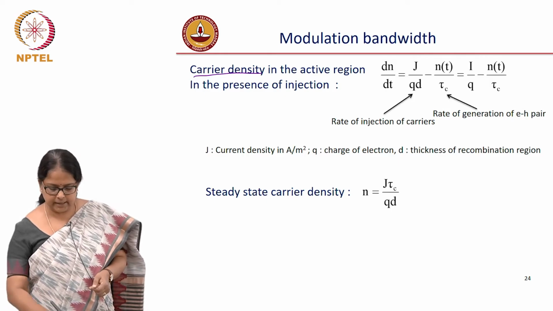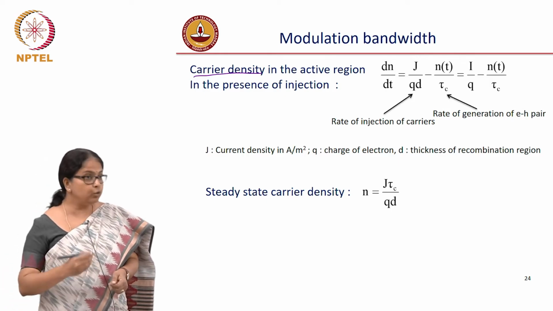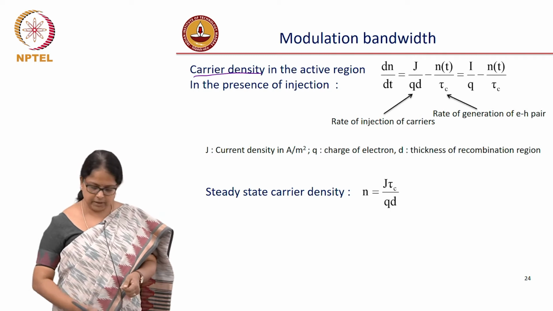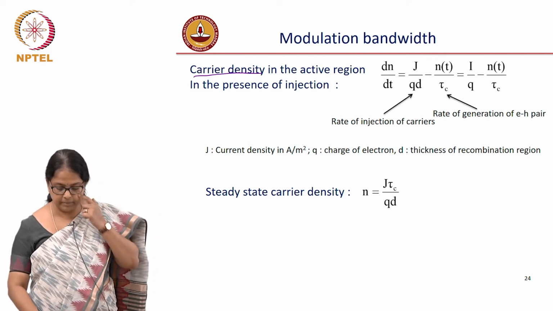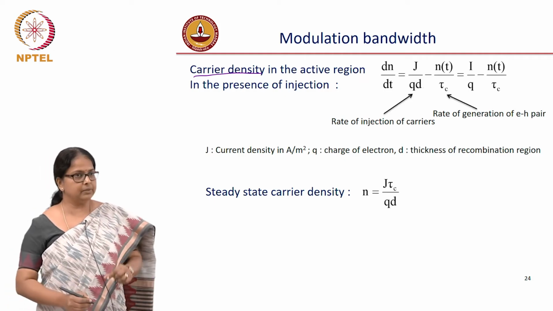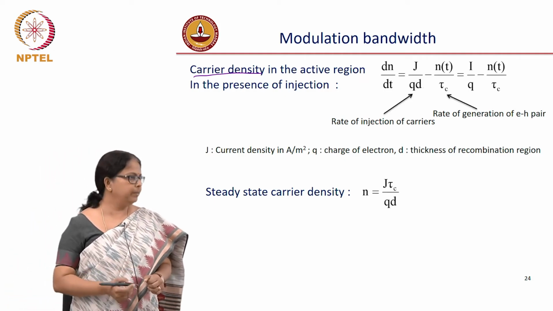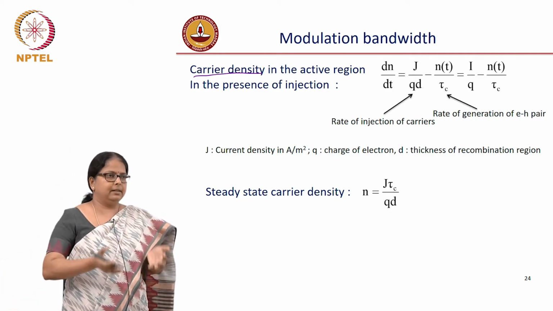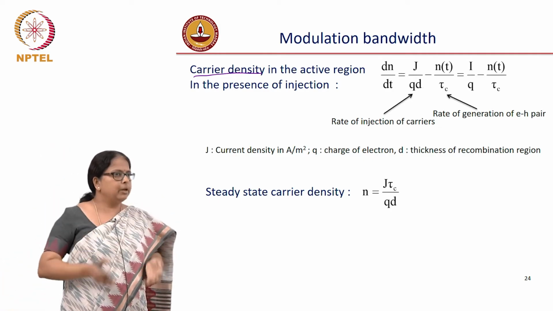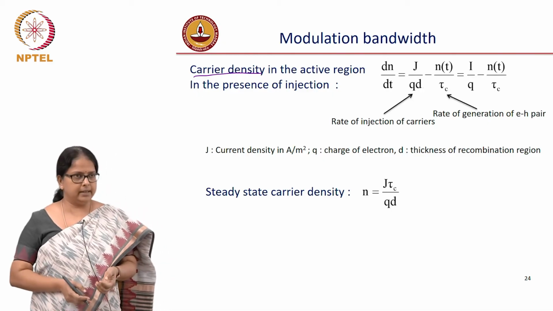This carrier density, remember, is the number of carriers per unit volume, which is why, when you write it in this form, J is current density in amperes per meter square, and there is a thickness which will give you the volume element. So, this is the rate of injection. The number of carriers is increasing because you are injecting carriers into the system,